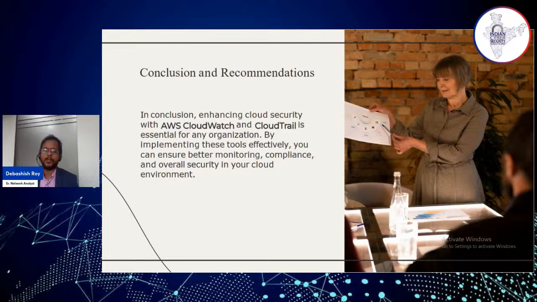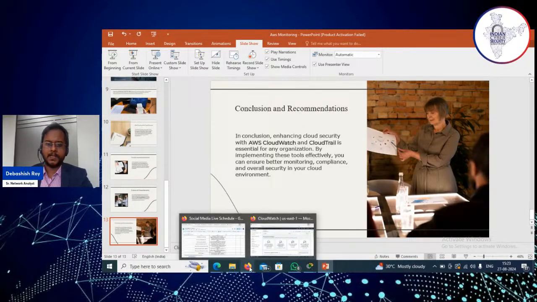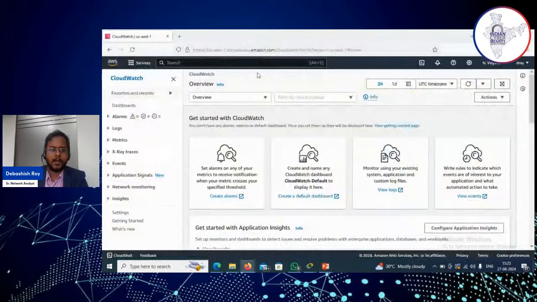So we can conclude that enhancing cloud security with AWS CloudWatch and CloudTrail service is essential for any organization. And by implementing these tools effectively, definitely you can ensure better monitoring, compliance, and overall security in the cloud environment, in the cloud server. So that is about the theory part of the monitoring and logging in the form of CloudWatch and CloudTrail. And definitely you can go to the AWS portal now, and you can search for CloudWatch here,